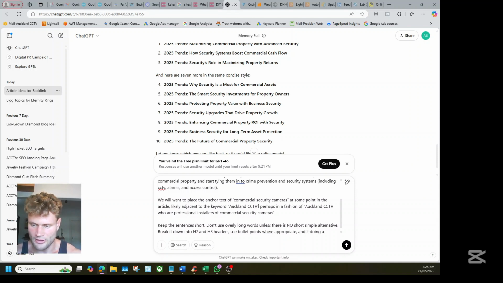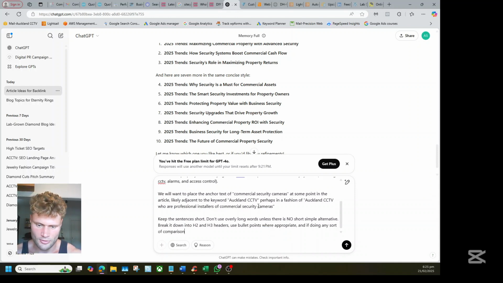And if doing any sort of comparison, make a 2-column table. I put some of these features in just because what I've noticed is a lot of AI detectors, which Google might start using at some point, they look for features. And basically, if you have a table, if you have bullet points, that is something that general AI text is not likely to have unless you specify it. So you put those in, you're basically future-proofing your article.